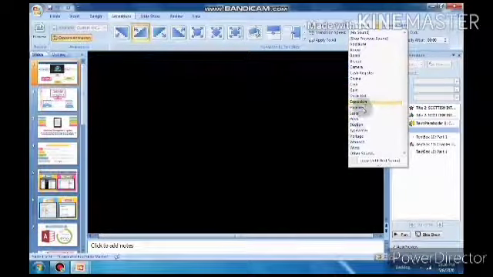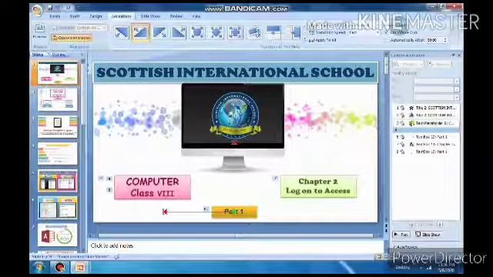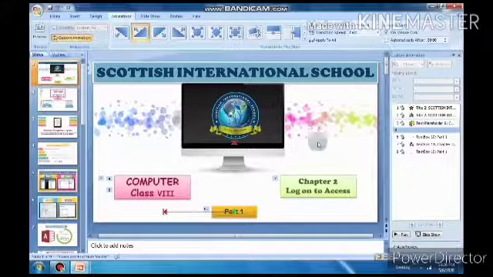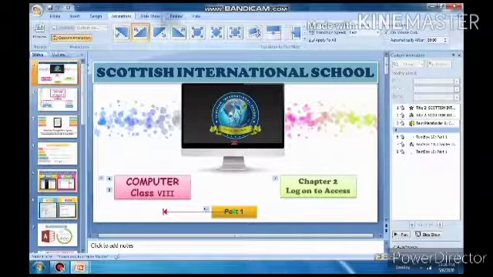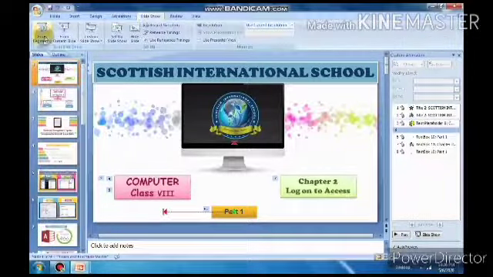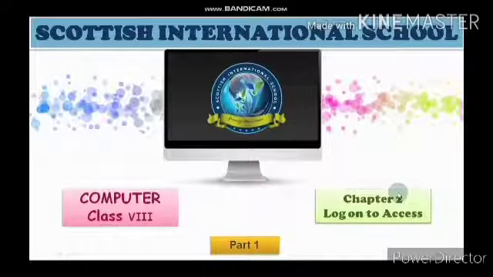Now next is Advance Slide. In Advance Slide there are two options, On Mouse Click or Automatically After. It means on mouse click, when you click the mouse, the slide will change into another slide. Like slideshow, and then click on From Beginning. Now I am pressing the enter key or clicking the mouse. You can either press the mouse button or a key. So I am pressing the mouse button. It is changed now.